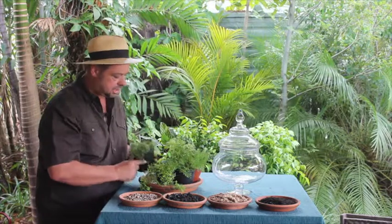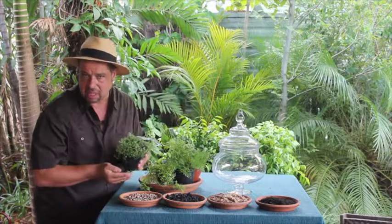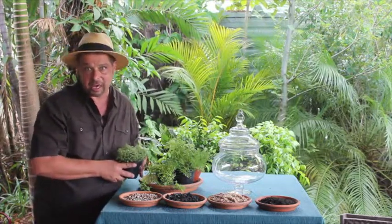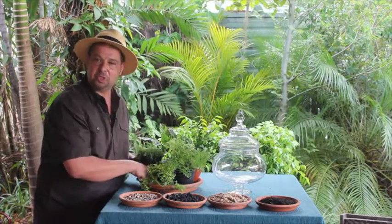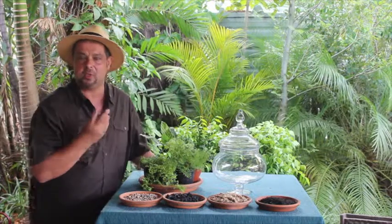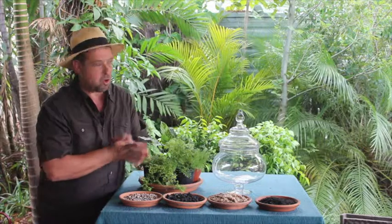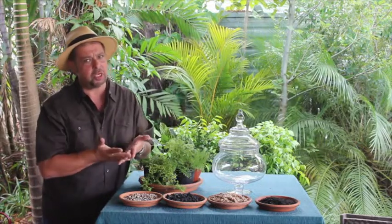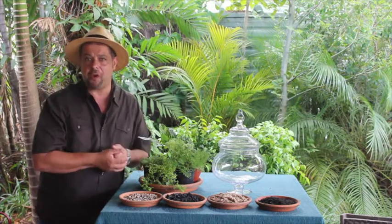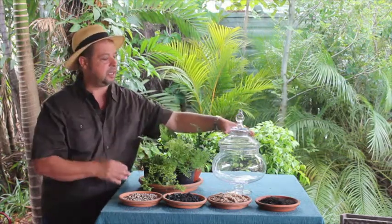But you can use things such as baby's tears, which are just perfect, and make a very interesting ground cover. And even things such as mosses look really attractive in terrariums. There are other plants you can use, like miniature palm trees and all that sort of stuff, but bear in mind that some of these plants will want to outgrow their environment, so you will need to look at replacing them. Other plants such as peperomias or chlorophytums, the old spider plant, make fantastic additions to terrariums